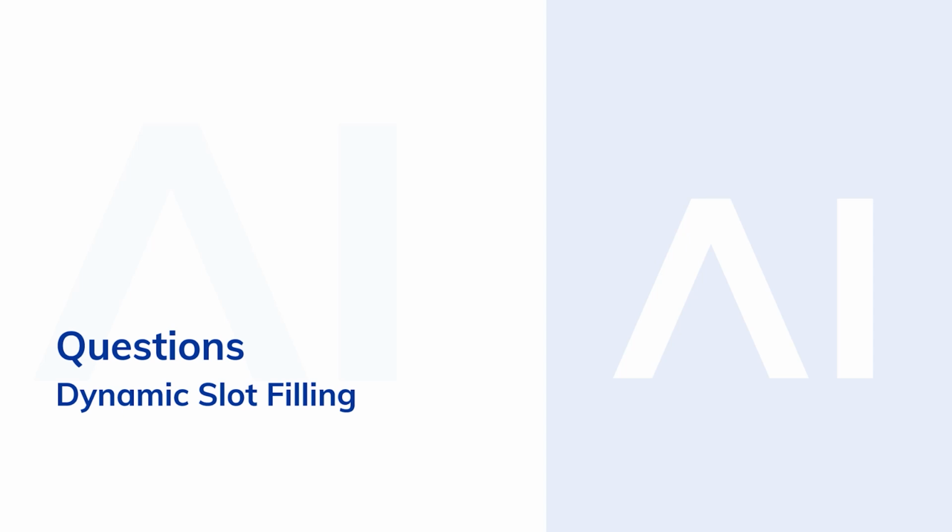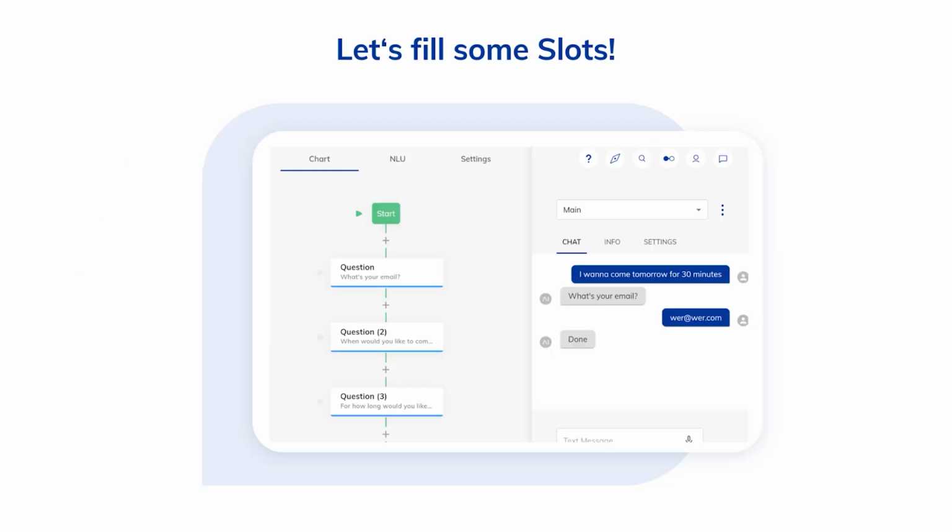Now we've seen a lot of advanced features of the question node so far, but what we've also seen is that we're handling each question on its own. What if the user comes in and gives us the answer to 3 question nodes in one go? Will it detect that, or will it actually just accept the answer for the first question and then ask you for the second question again? In Cognigy, there is a couple of ways how you can handle that to make the conversation really smooth and really fluid. And that's what we're going to look at now.